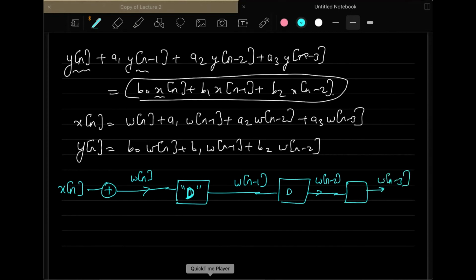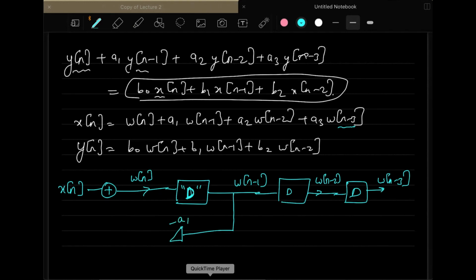So these are the three terms that you will get, because you are actually working till n minus 3. So you will have 3 delay units like this, and from here you can put the coefficients like the way we have done earlier. So here you can tap this line,